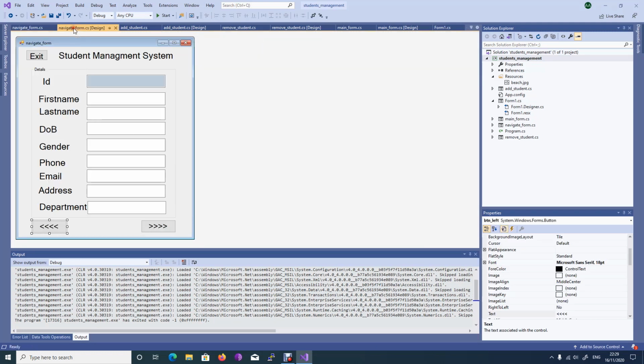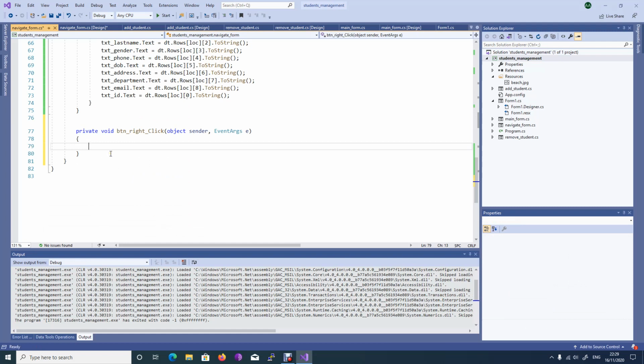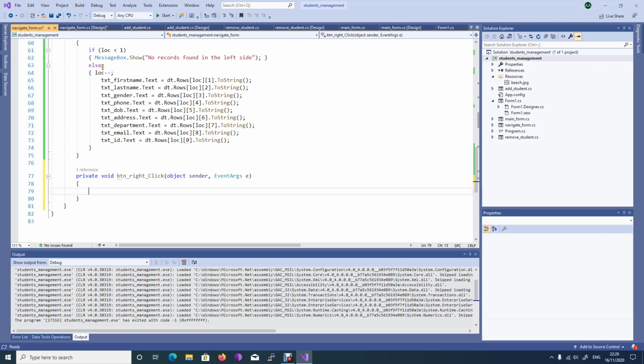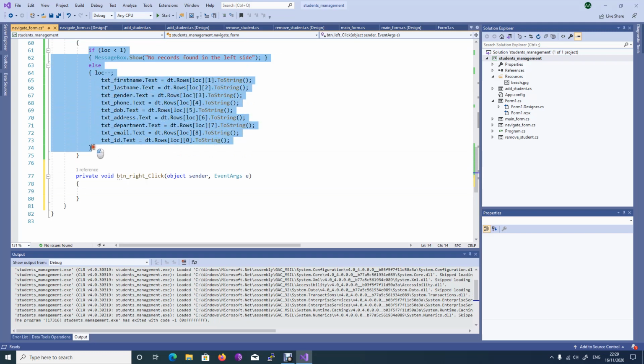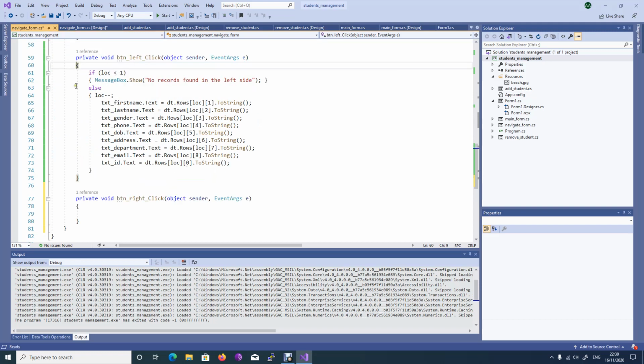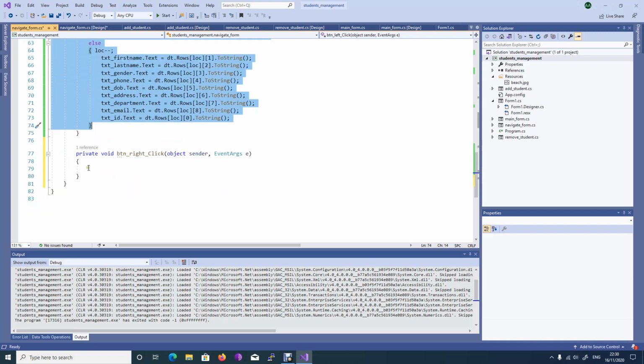So now what about the right hand side one? Double click on the right hand side and then this comes up. So what we're going to do is, if you press right, then check the value. Same thing, guys, I'm going to copy from here to here. Note, not this bracket, this is the last bracket of this one. So always check the bracket, leave that one, from here to here. Copy that and paste it